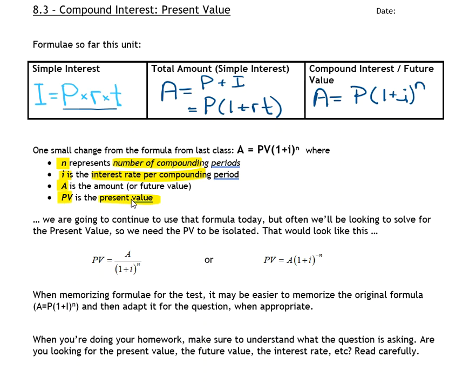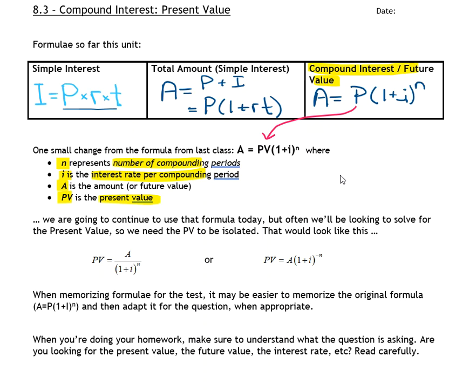So let's talk about that. One small change from the previous formula we did, meaning this one right here, is we can replace the P with a PV. The only reason that we do that is to specify if we're talking about the present value. So the principal, the amount you initially put in, is also the present value as opposed to the future value